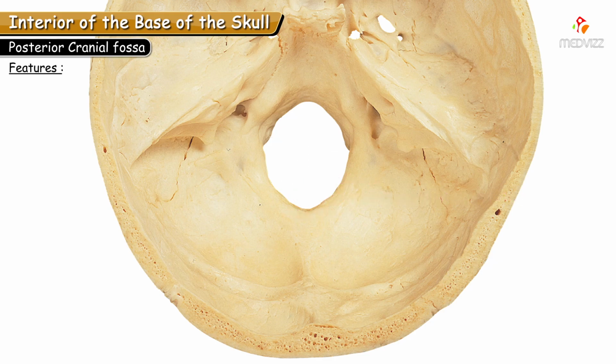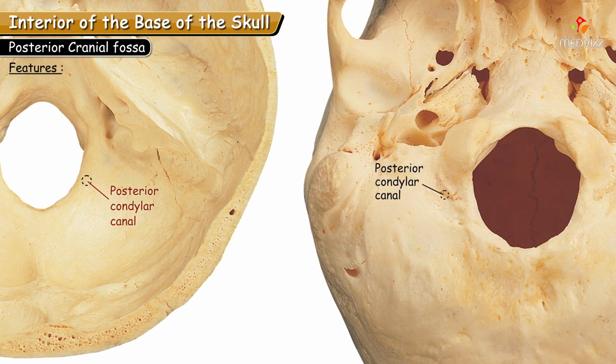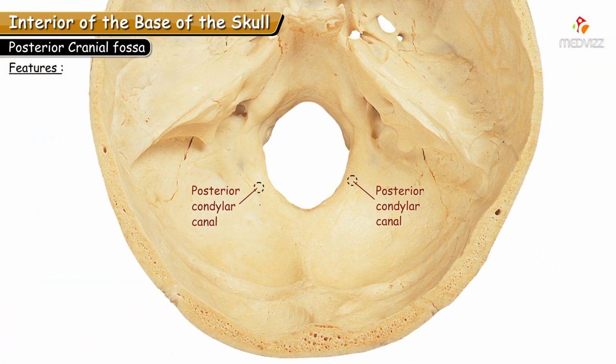There is one more canal called as posterior condylar canal. So if we are saying posterior condylar, there should be anterior condylar too. So hypoglossal canal is otherwise called as anterior condylar canal because it is present anterior to the occipital condyles in norma basalis. Posterior condylar canal is not constant. It is not seen in all skulls. It is an inconstant foramen, and if at all it is present, it transmits emissary vein from sigmoid sinus.